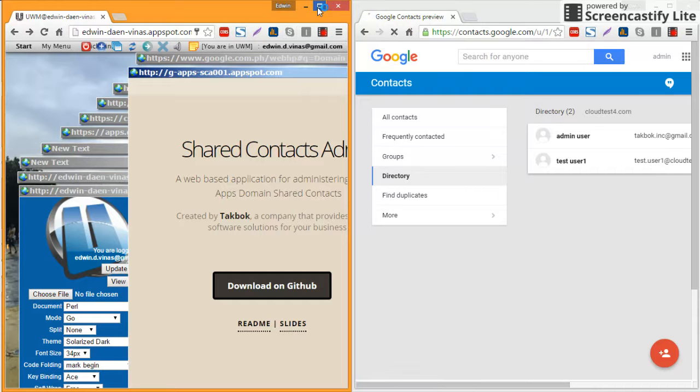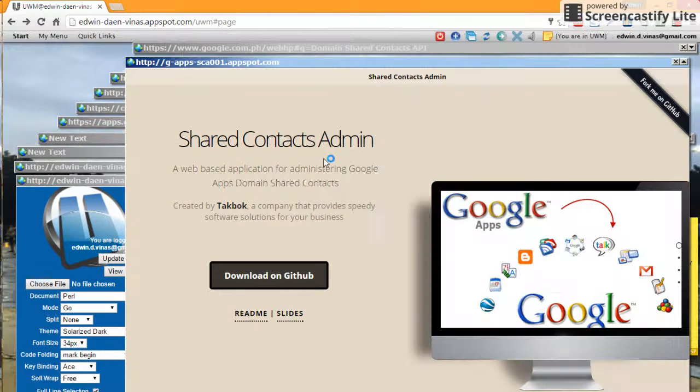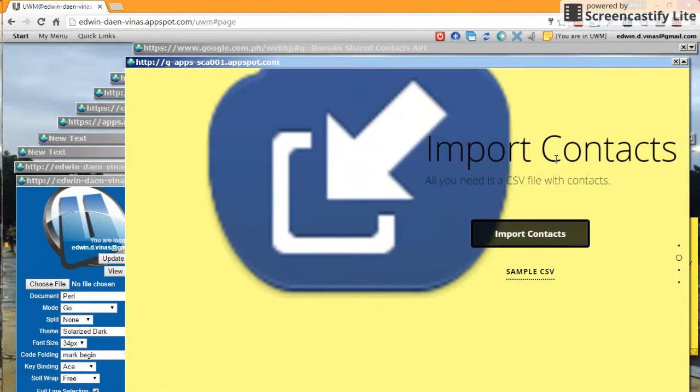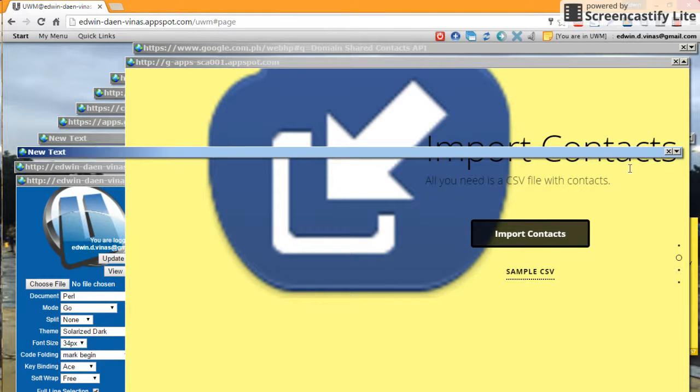Now we're going to test how to import the contacts using a CSV file going to your contacts directory using the Shared Contacts admin tool. So what we're going to do is to import the contacts. Now I want to show you an example of a CSV file.